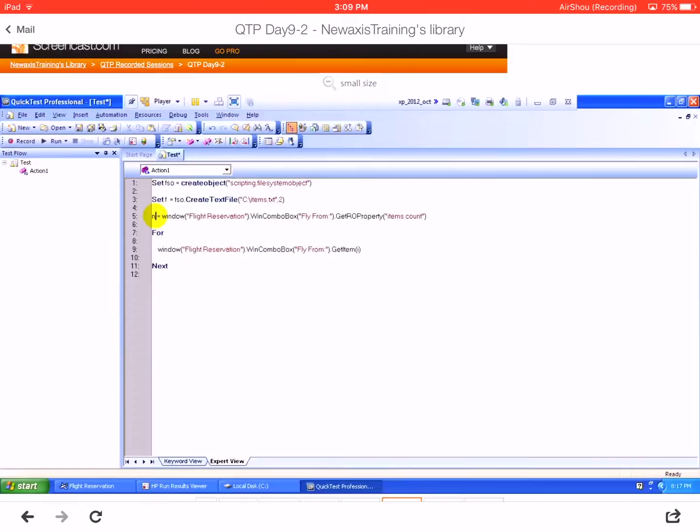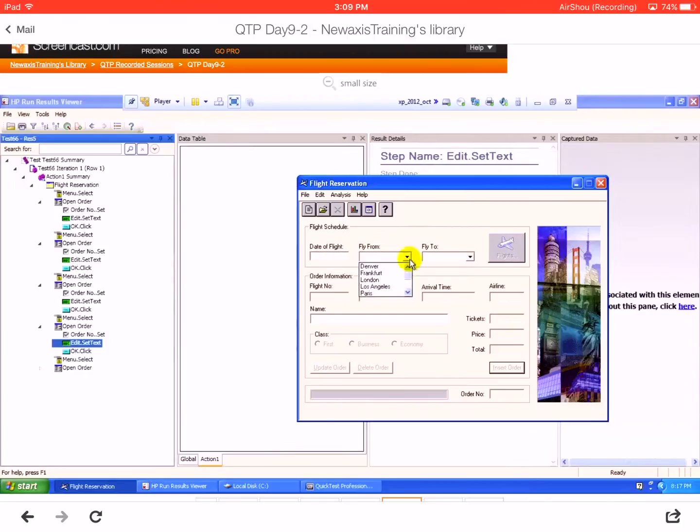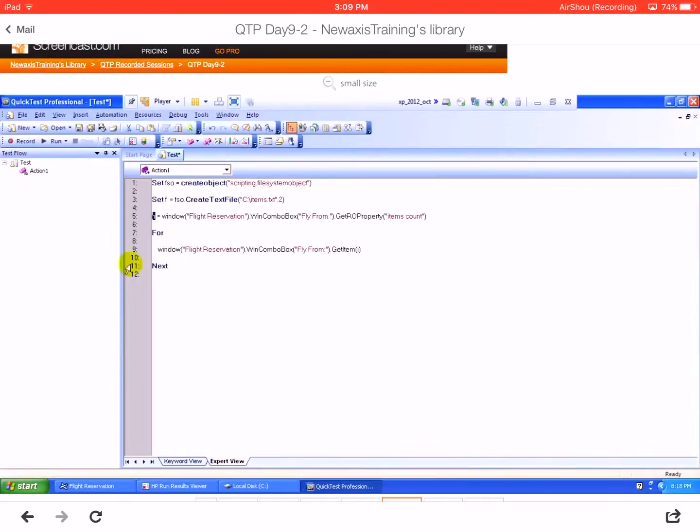Why a for loop? Because suppose n is 10, I want to execute it 10 times, isn't it? See here, this is the application. If there are 10 values, the first time I want to go here, get the Denver value, then put it in the text file. Then again go for the second one, get Frankfurt, put it in the notepad. Again get the third value, which is London, and put it in the notepad. So I want to repeat the thing as many times as the value n, and I want to start from the value I and initialize I to